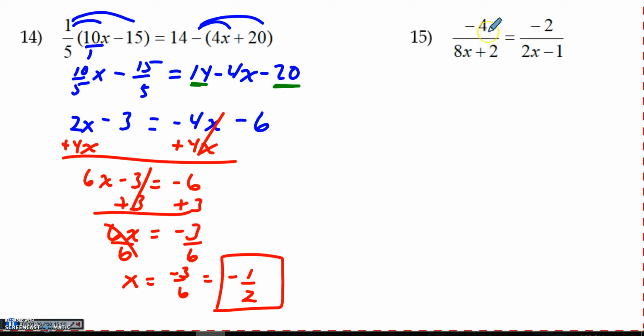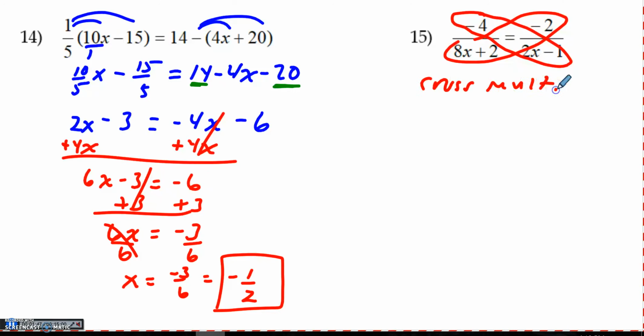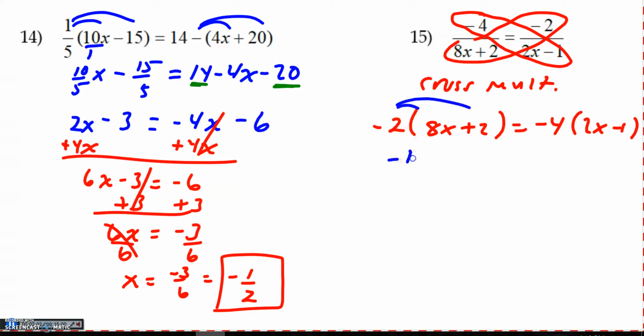Number 15, when you have a fraction equaling a fraction, that is when one diagonal must equal the other diagonal. And so this really is a cross multiplication, something that I know will be helpful for you next year in geometry. So what this is really saying is negative 2 times 8x plus 2 would be equal to negative 4 times 2x minus 1. So if I distribute over here, I would get negative 16x minus 4 equals negative 8x